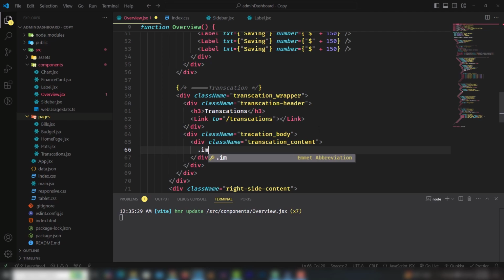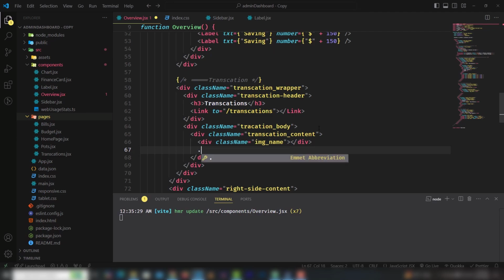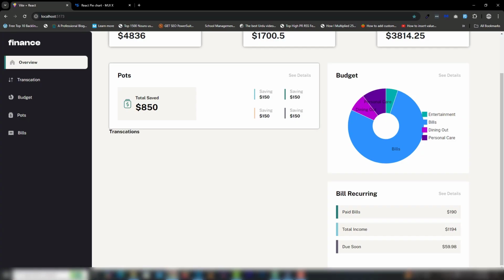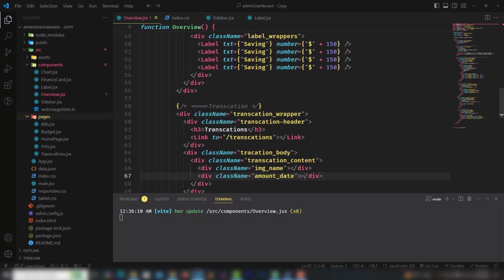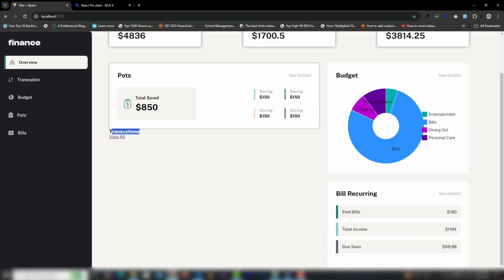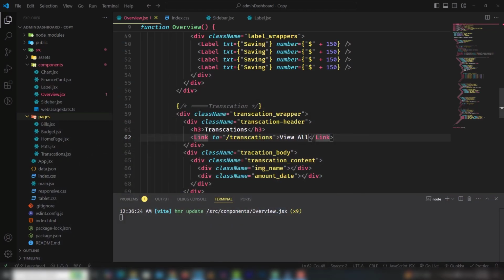Inside that, I'm going to use image name, and outside of this one, I'm going to add the amount and also that. Perfect. So we need to say you're able to see only on header, only on transactions, but why is a link? Okay, I need to use the view all the content here. So let me copy this one and I'm going to move on this